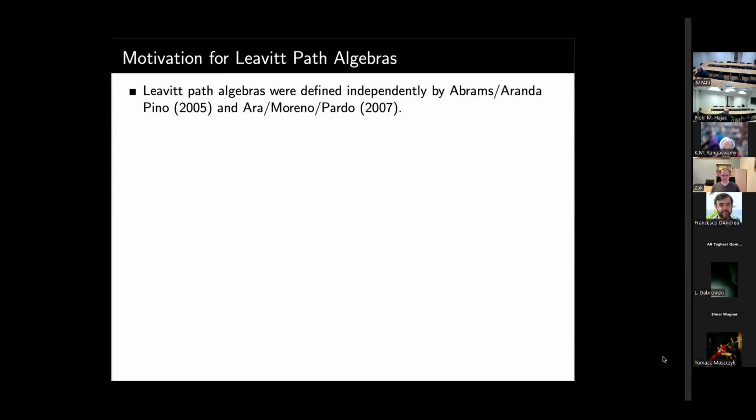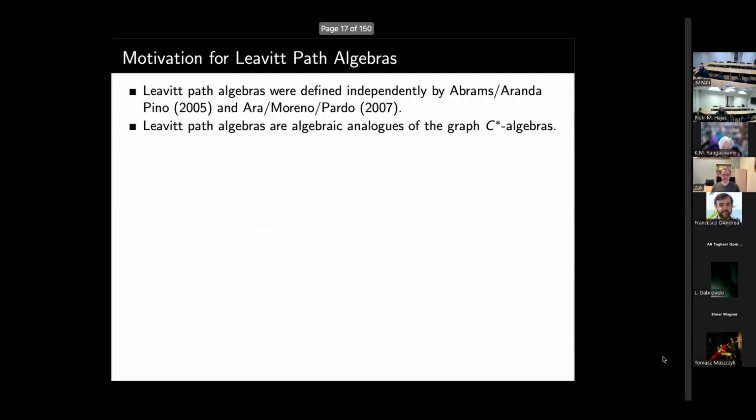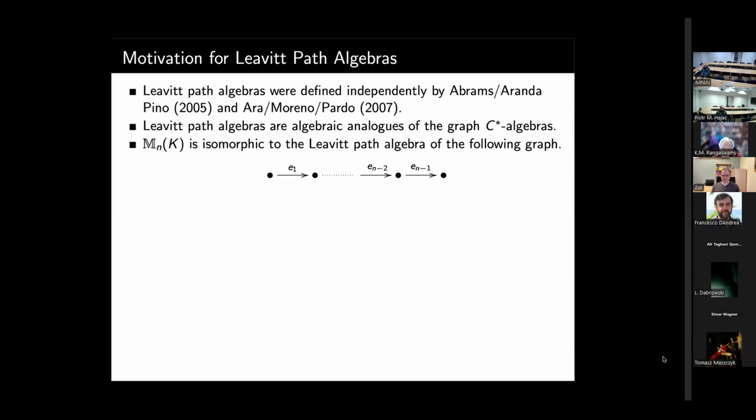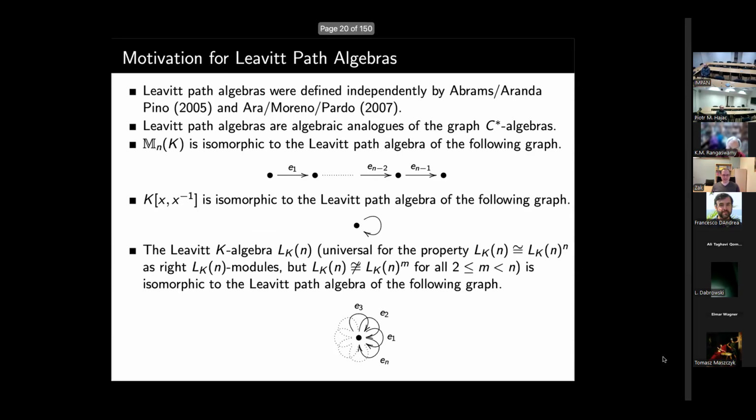It appeared in two different papers that were written around the same time, but published 2 years apart. And we get matrix rings now over all fields, and we get the Laurent polynomial ring, and then we get the Leavitt algebras. This is where the Leavitt part comes from. So in the 1960s, Bill Leavitt studied these things, and they have this universal property that the nth Leavitt algebra